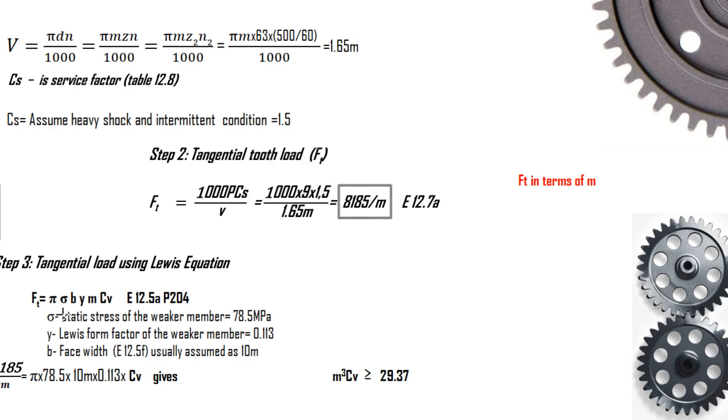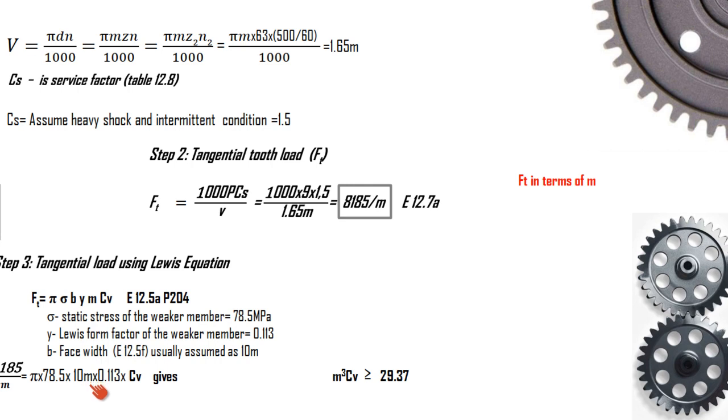And now sigma is the static stress for the weaker member, which is nothing but 78.5. Y is the Lewis form factor for the weaker member, which is 0.113. And face width B, I hope you all remember the equation for B, or the suggestion given in the data handbook, and we have selected B as 10 times the module. So upon substituting all these values, it is directly given here as 8185 by m, and if you cross multiply this m over here, m into m, it is going to be m square,